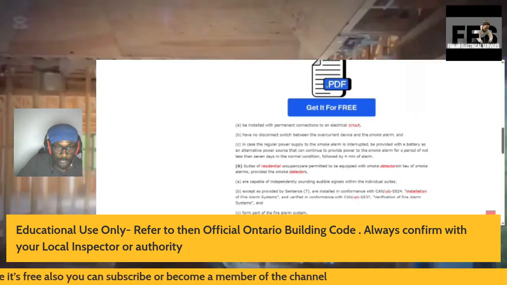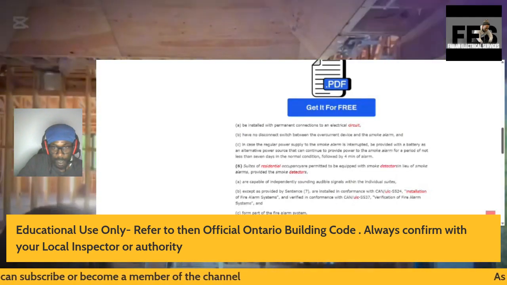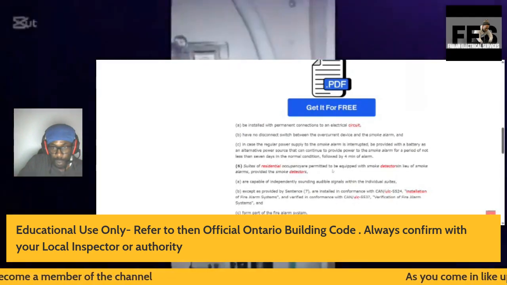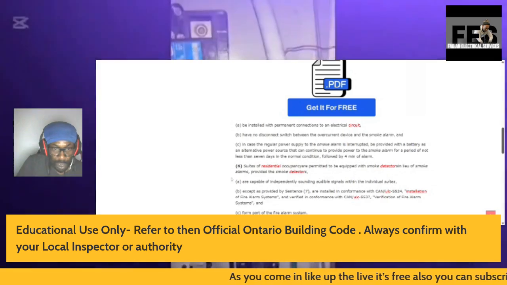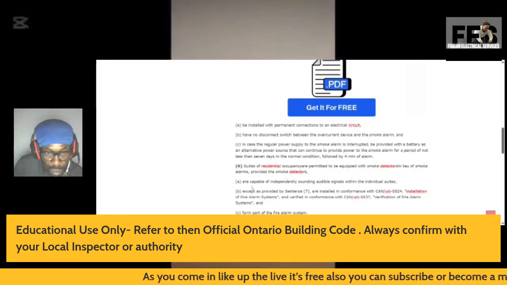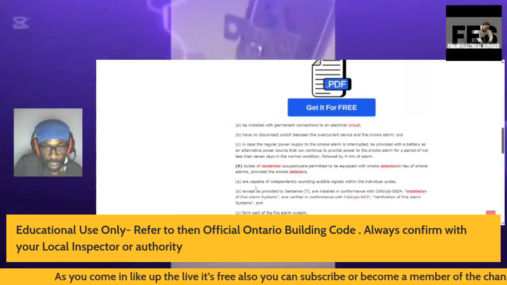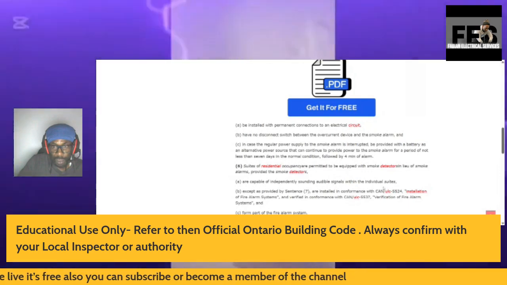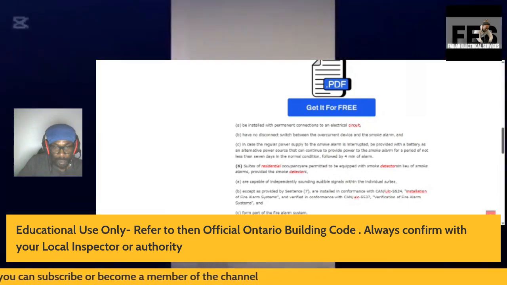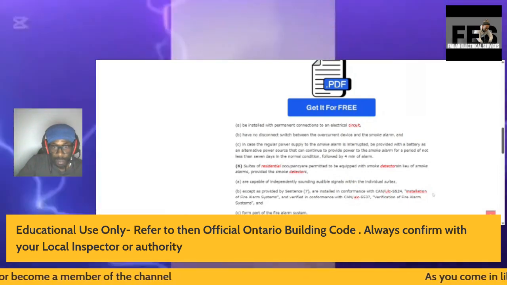Suites of residential occupancy are permitted to be equipped with smoke detectors in lieu of smoke alarms, provided the smoke detectors are capable of independently sounding audible signals within the individual suites, except as provided by sentence